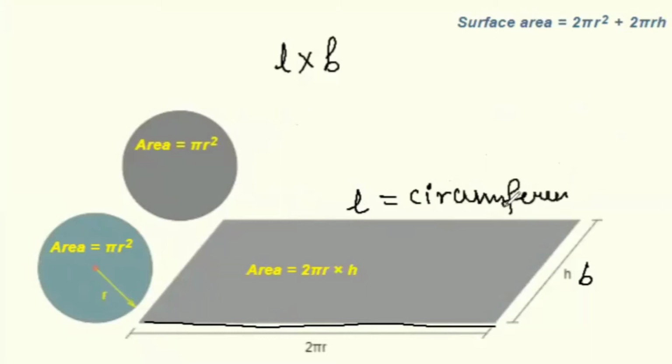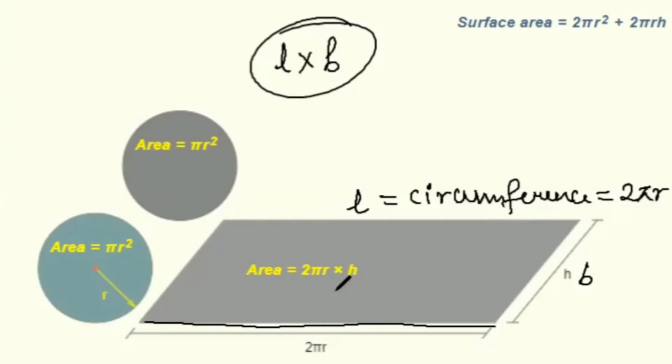And what is the formula for circumference of the circle, bachcho? It's 2 pi r, right? So now if we apply the formula of area of rectangle here, that is length into breadth, आपका क्या हो जाएगा बच्चों? Length is 2 pi r, that is your perimeter, circumference, into height. Height क्या है बच्चों? आपका base. Base ही तो आपका height बन गया. So when you substitute the values in the formula, you get area of this rectangular sheet as 2 pi r into h. That is 2 pi r h.